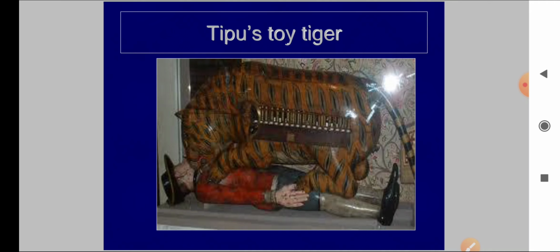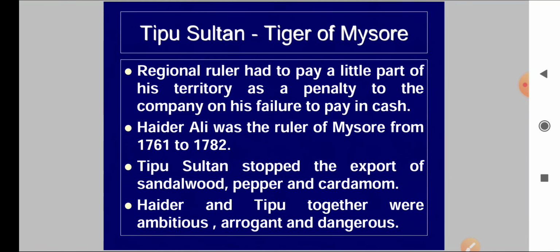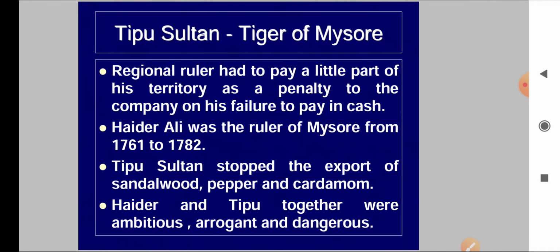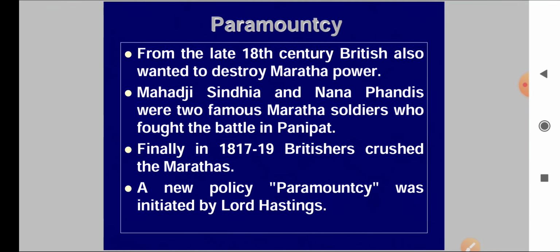Tipu was defeated, and he had to sign one agreement with the Britishers in which he gave his two sons into the custody of the Britishers. Here you can see in the book it is given clearly. One picture is also shown. So because of his ambition, the Britishers occupied his territories and they decided to crush his power.